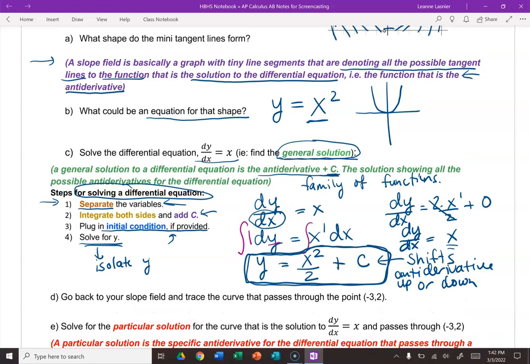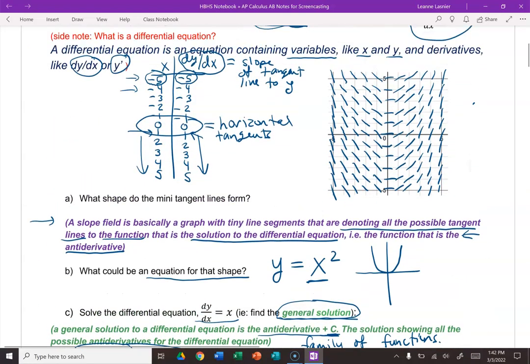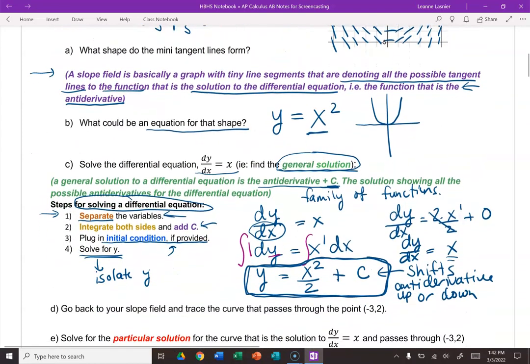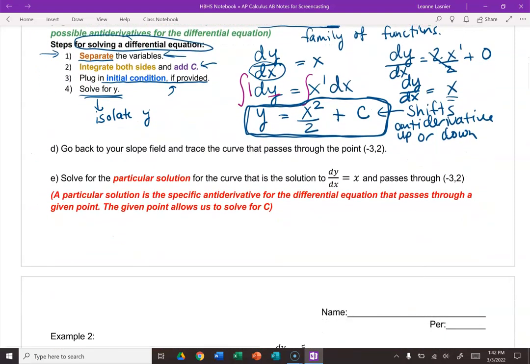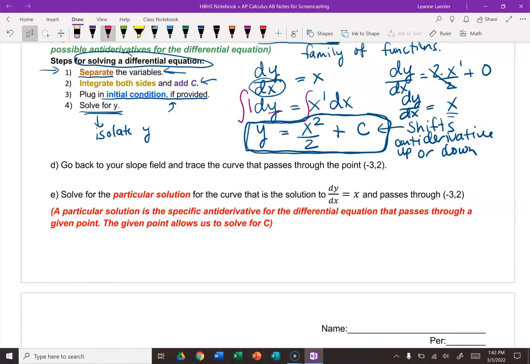And that's how I end up with an entire field of slopes. And that's just taking into account parabolas that have been shifted up or down. Okay, so then sometimes what we're asked to do is find a particular solution. And in this case, it wants us to find the one that goes through this point right here, -3, 2. So we're going to go back to our slope field and trace that curve to see what particular graph that